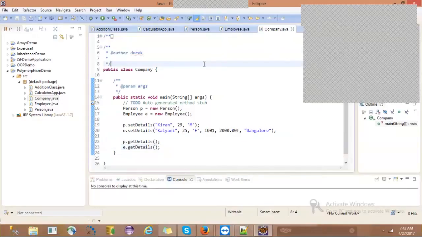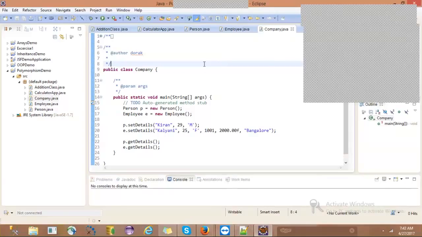So points are clear, right? The concept is clear, right? How to create overriding methods? Basically, what is the definition of overriding? How to create the methods? And what is the condition that we need to have to do overriding? And how to write the overriding methods? And how to use the overriding methods? Four points: the definition, what is overriding, and the condition that we need to remember.